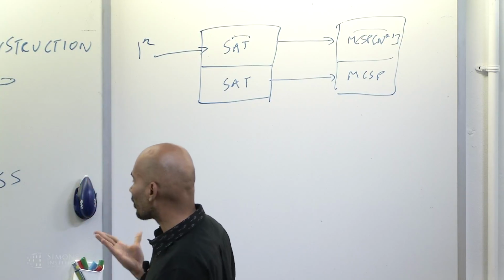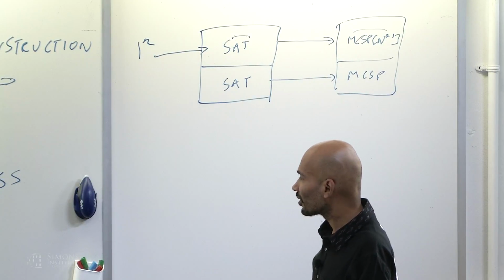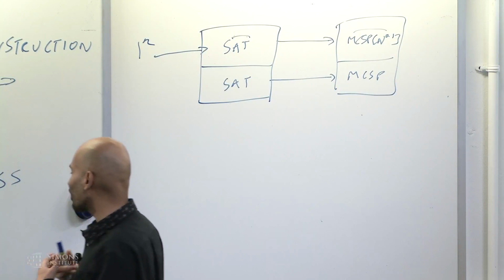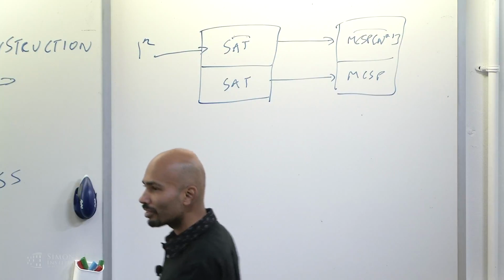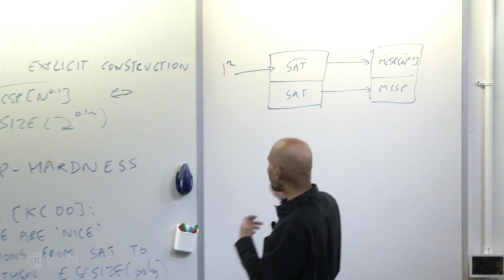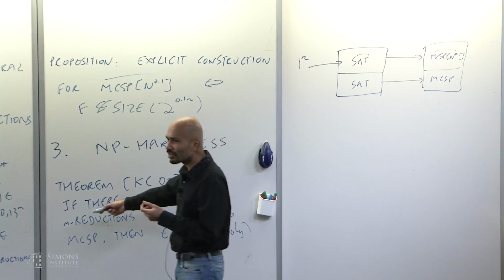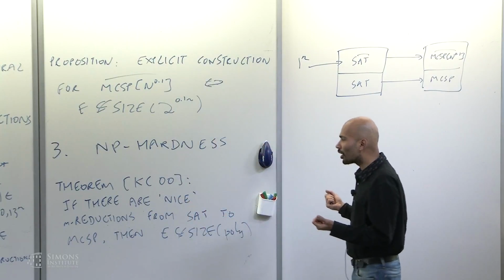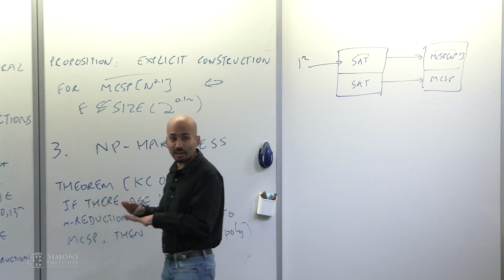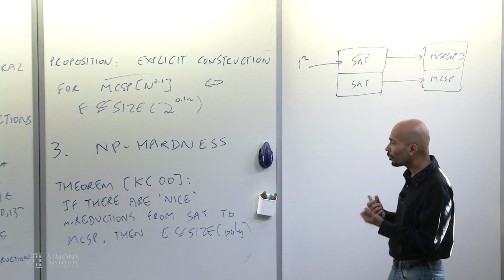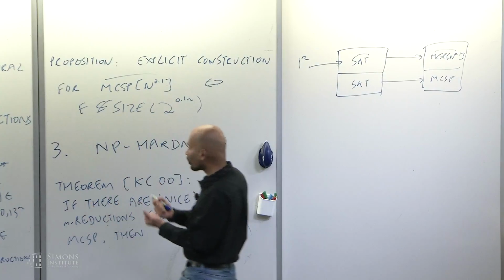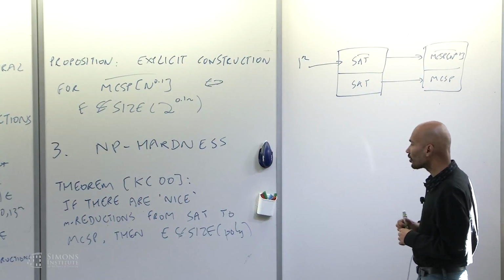Because it's the sort of result that really raises questions. So what does it really say about NP hardness, right? It doesn't really say that NP hardness is likely or unlikely. It's just saying that it's hard to show, right? And it sort of raises the question, what is it about these reductions as a problem? Is it that they're many-one reductions? Is it that they're nice? If we strengthen the notion of reduction, can we still show results of this form? If we weaken it, can we just rule out reductions unconditionally? It raises a whole host of questions about the kinds of reductions we can hope to use, and what the notion of reduction has to do with hardness and showing hardness, right?